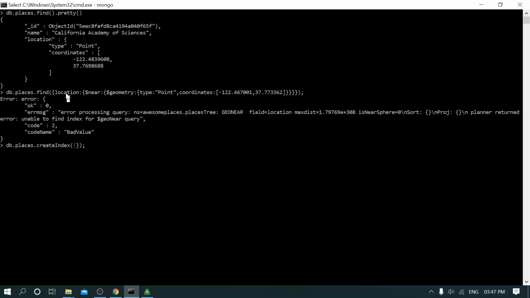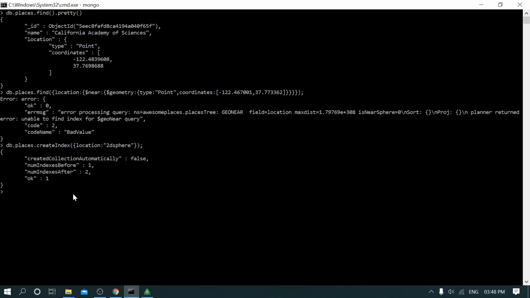Here we are searching based on location, right? So whatever the key is, that key you need to give here: location. For this, what do you need to mention? Not 1 or -1, those we use for sorting order, but here it is not like that. For geodata, you need to pass 2dsphere. Now createIndex. Here we have created the index successfully.